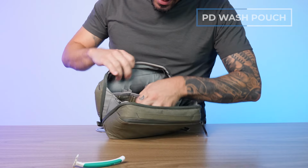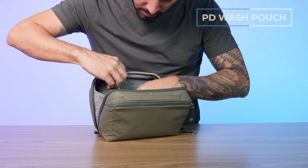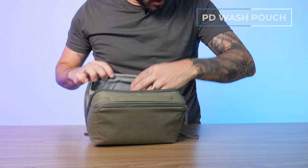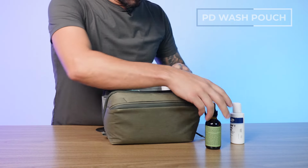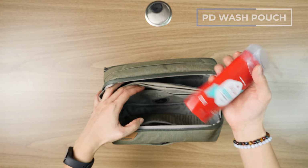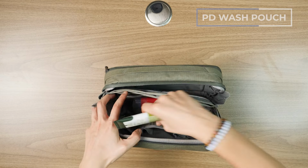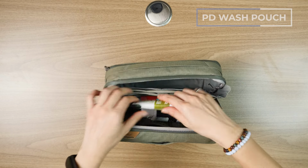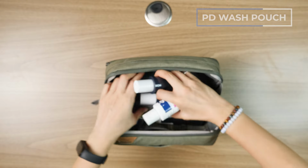But then on the other side, I like these pockets because we got these little holes right here, which are perfect for our disposable razors. I think, yep, meant to be. And they also hold the normal sized bottles. One, two, three. And it still gives us a bunch of room in the middle to play with as well. So you can throw some shampoo and conditioner bottles in there, hair gel, medicine, hand lotion, toothpaste,